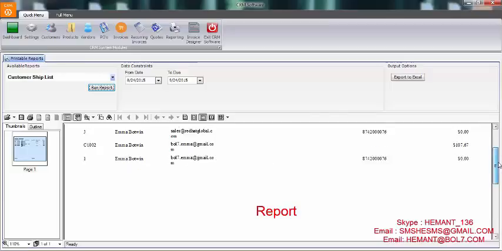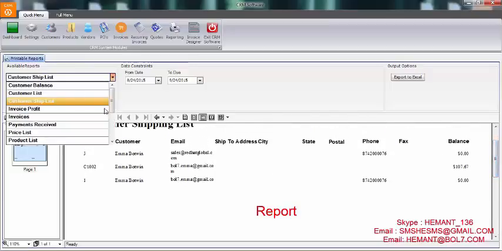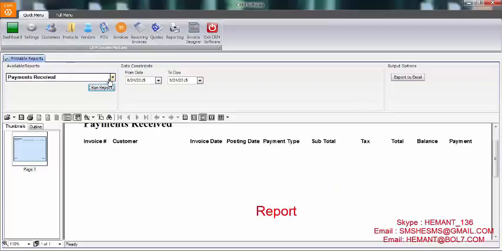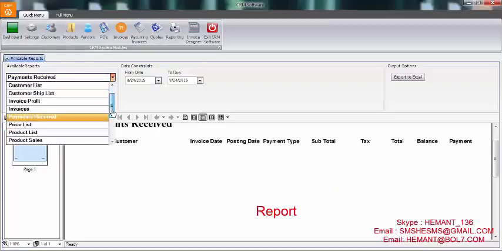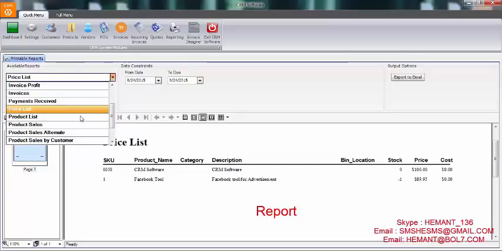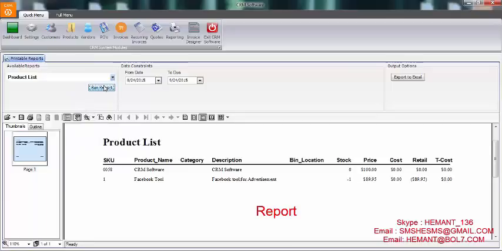Here is the report for customer ship list. Now, for example, you want a report for payment received. Here is the report for payment received. I haven't received any payments yet on this CRM, so here is the list of it. Now, if you want a price list for the products, here it is. If you want the product list, here it is. Everything can be created through an invoice here.